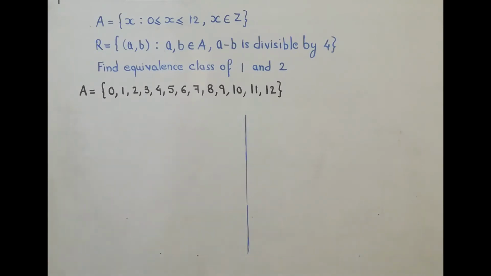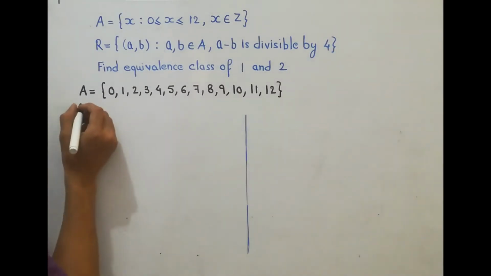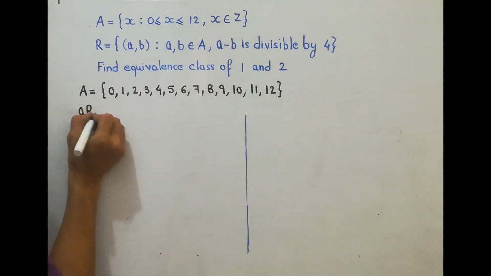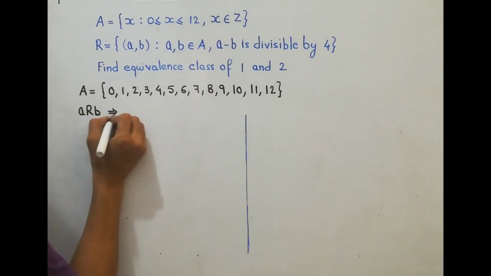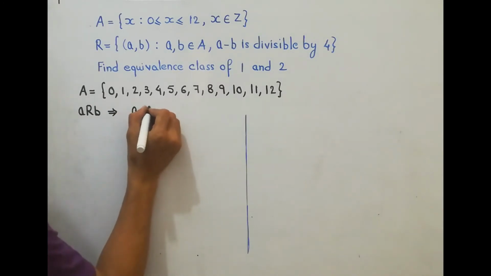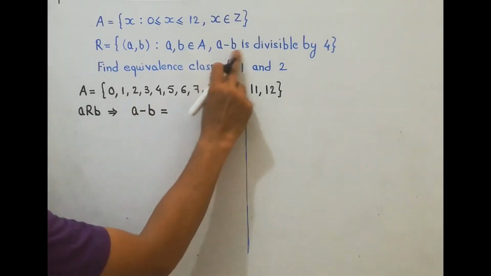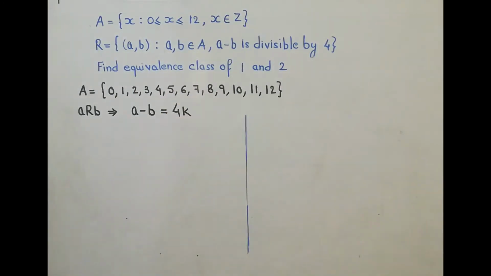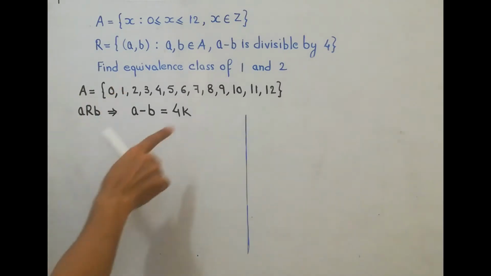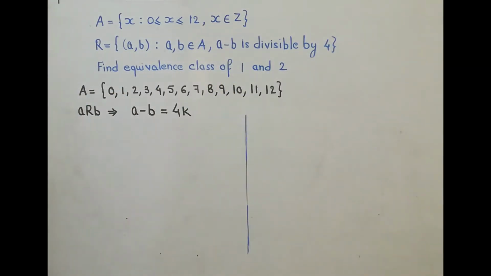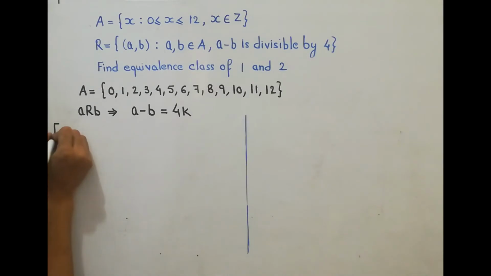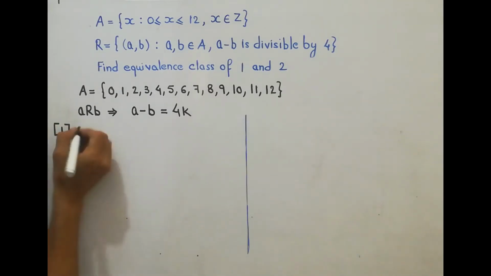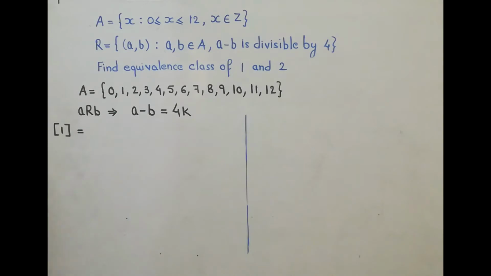So let's see what the relation given is. A R B. A minus B is divisible by 4, so we can write it like this. This is the relation given to us. Now here in the question, the first part, we have to find the equivalence class of 1. Now how do we represent the equivalence class? It is written like this. Equivalence class like this. And what is the meaning of this? This means